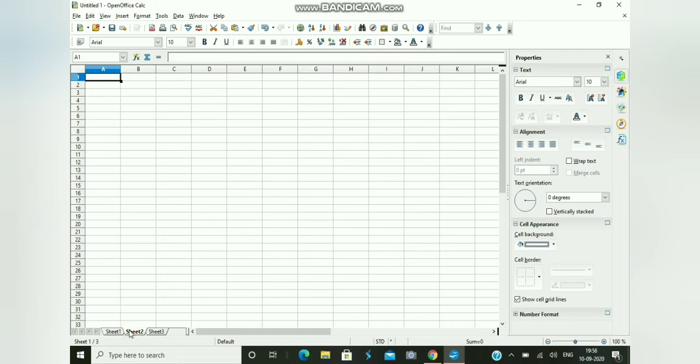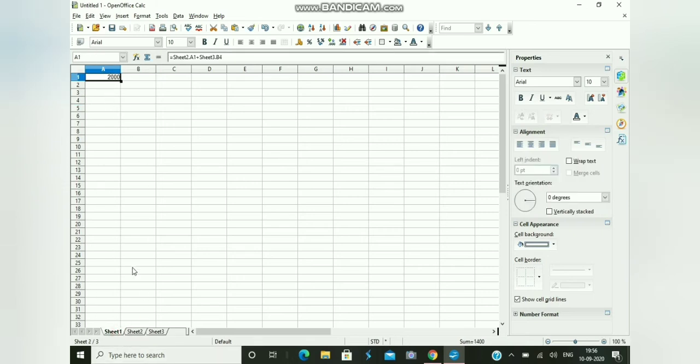Now let's go back to sheet 2. Here we have specified in the formula cell address as A1, and you can see it is getting highlighted in the name box. So in A1 we are going to enter the value, say 1400, and let us go back to sheet 3 here. We have specified in the formula as B4. So in B4 we are going to enter the value, say 600. So we have entered 600 in B4, and in sheet 2 in A1 we have entered the value 1400.